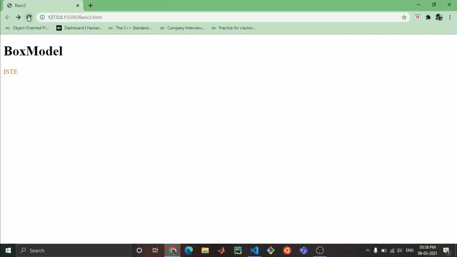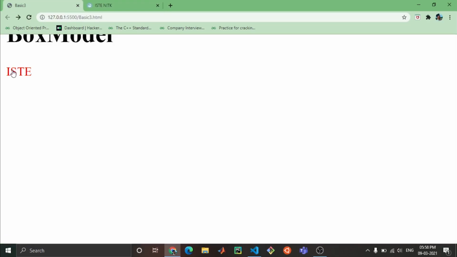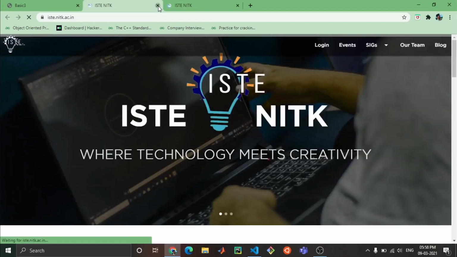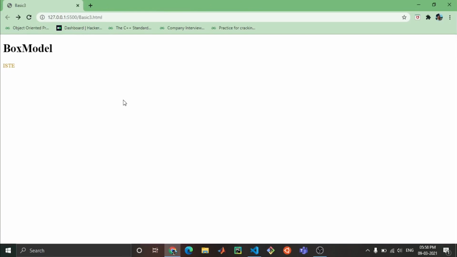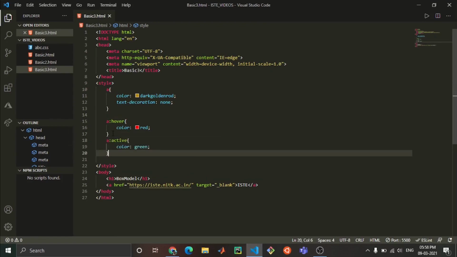But for your purpose, I just show you IST. It is giving me IST as red color, but whenever I am tapping on it, it will not change to green. You can see it is not changing to green. But previously it was changed. So that is the significance. We have to write it sequentially. First of all, A colon hover should be there, then A colon active should be there.